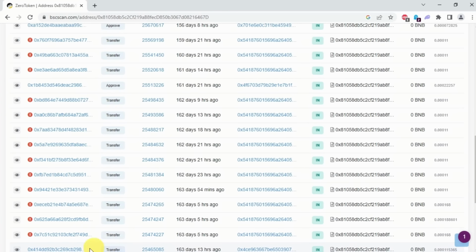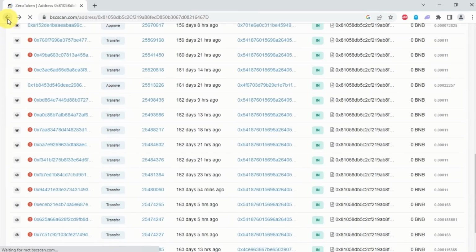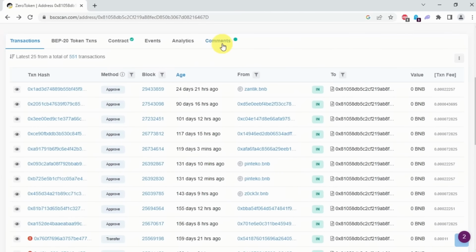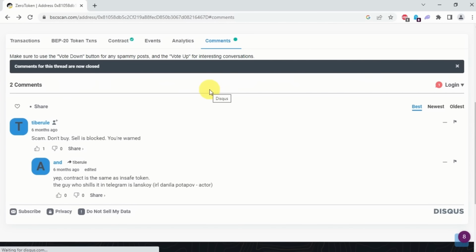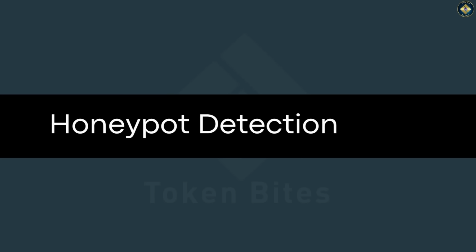You could actually skip all the other steps and just come to BSC Scan, but I find BSC Scan can be a bit overwhelming for beginners, hence I ran through the other steps. I will make another video on BSC Scan in detail and explain how you can use it to investigate contracts, tokens, coins, etc.